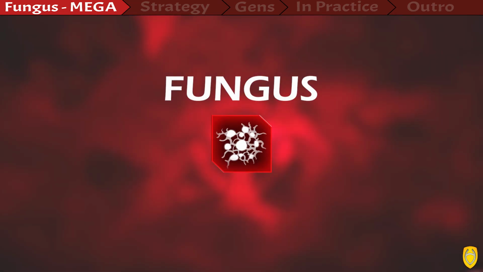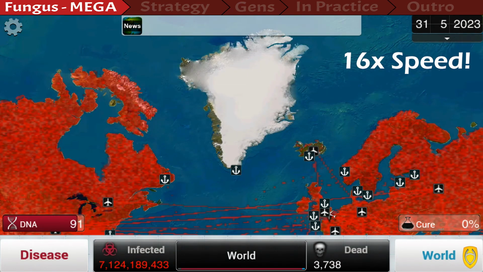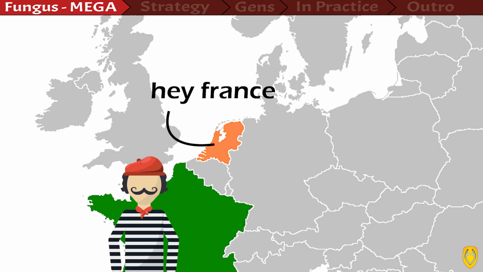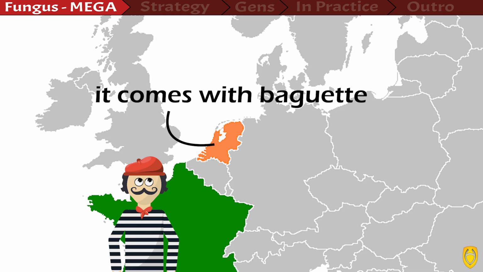So, it has been some time, but now we're back to another mega brutal tutorial with potentially perfect score and a golden icon, of course, with the Fungus. Now, the main difference with the Fungus is that it's really hard to spread. And when I mean really hard, I really mean it. So you can have whole countries completely infected, but it's just not spreading to another one. So that's the main difficulty with the Fungus, but I will show you how to defeat it anyway in a